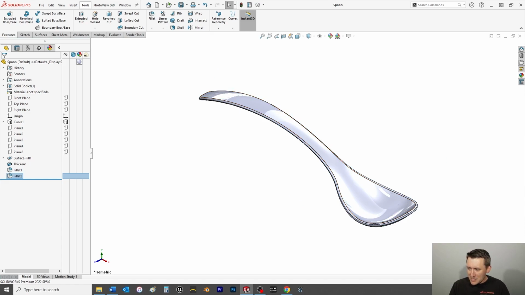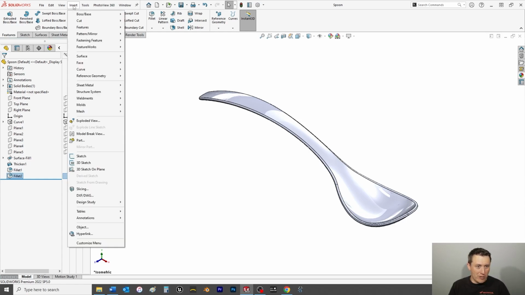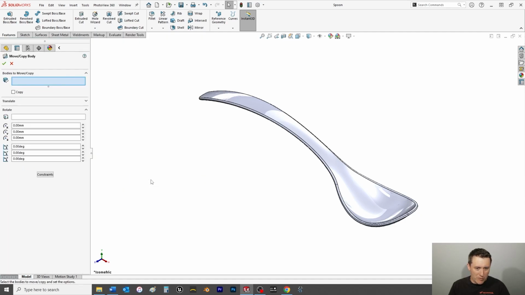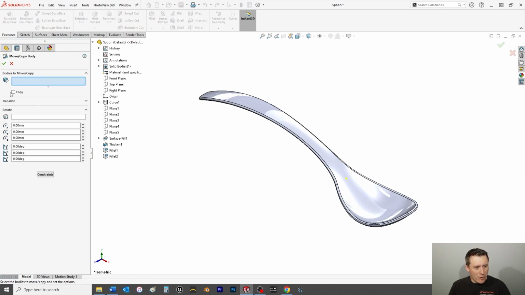And now the last few things we're going to do is a move and copy in a way, that is to bring it kind of ground level for the visualization. So from here, we're going to go to Insert, and we're going to go over to Features, and we're going to choose Move and Copy. And you're going to want to make sure that copy is not selected. And then if your view looks like this, you're going to want to make sure that you're under the rotate. And then on the Z-axis here, we're going to choose the value of